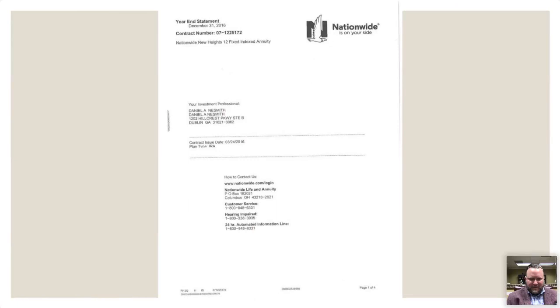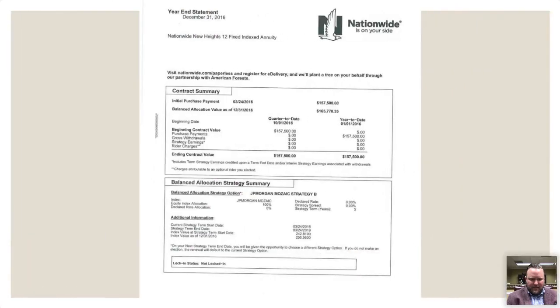All right, so Nationwide is going to be similar. You can see on this one, the initial investment of $157,000 was made on 3/24/2016. Then the balanced allocation value, because we're not at the end of a term, is at $165,770. Now on the Nationwide, they have 3-year strategy terms, and we can lock your gains in at any time